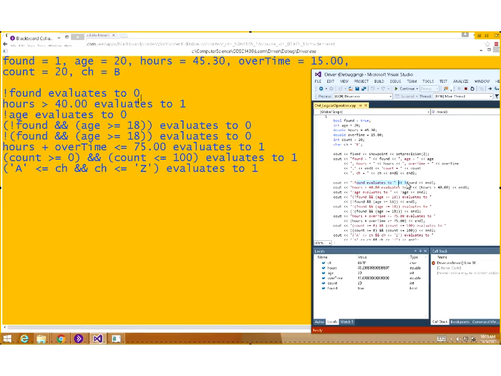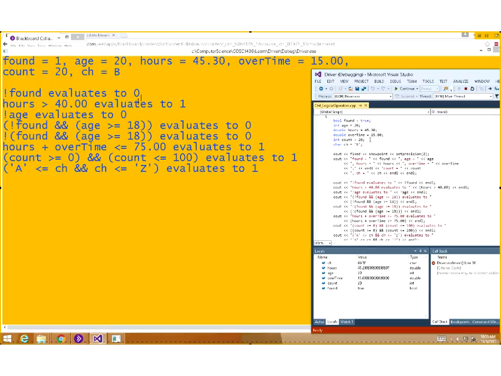But you only do that for display. So really you did not change the value of the variable. How do you know that you did not change the value of the variable? Because found is still true. Because that's the only assignment we have. This is just for display purposes. We are flipping the Boolean value when we display it. We did not change the actual variable value. Okay. So you go to the next line and say, okay, why is hours greater than